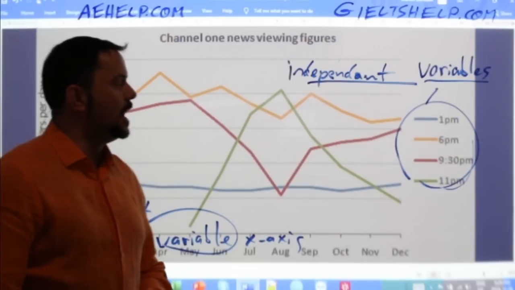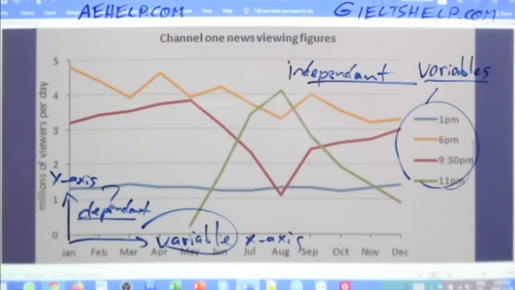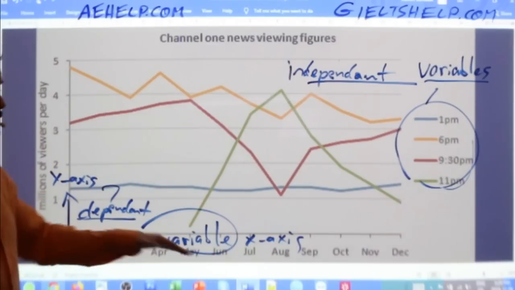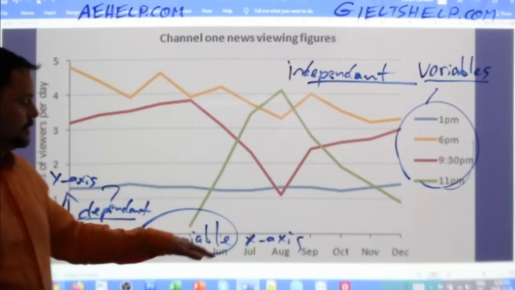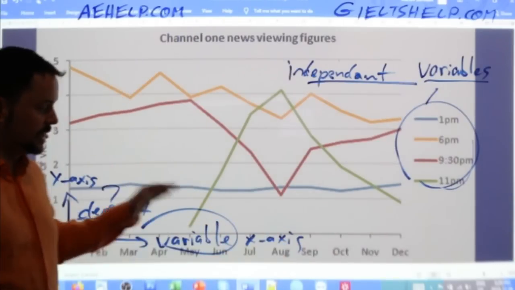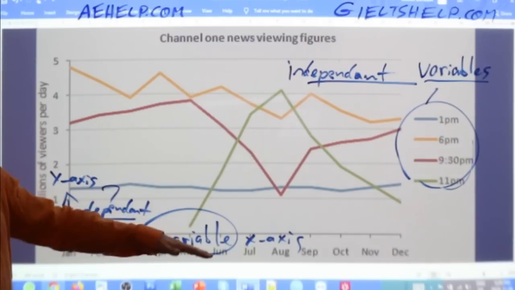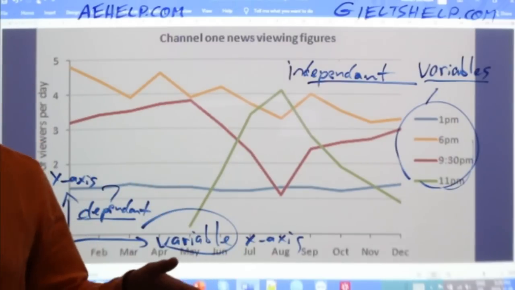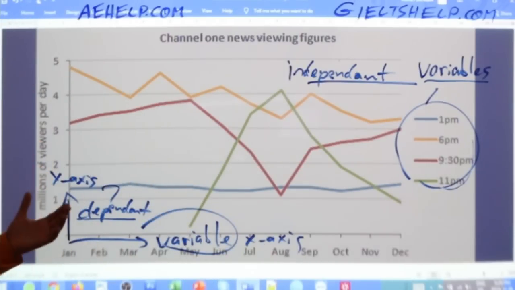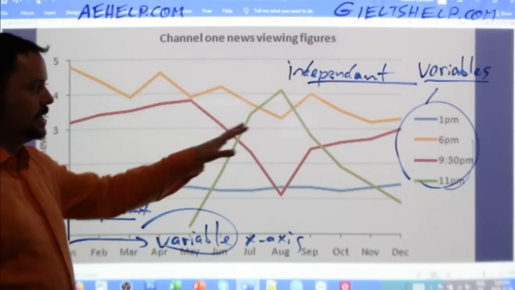Anyway, the reason why is because your y-axis and your x-axis are fixed. These are not changing. So January, February, March, April, May, June, July, those are the months. They come after each other. They're sequential. It's the same for you, it's the same for me, it's the same for everyone. The reason why you don't need to remember dependent and independent variables,